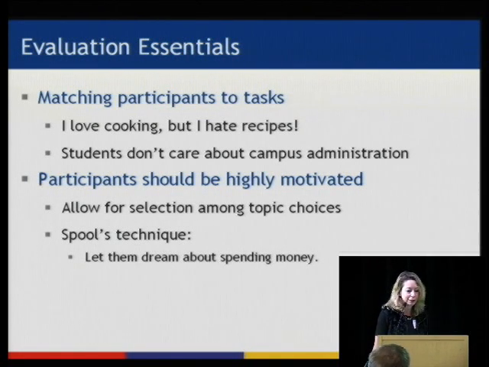Another technique that I like a lot is advocated by Jared Spool, who was testing out e-commerce websites, and he wanted to be sure that the participants were really motivated to complete the task well. And so what he would do is bring them in and tell them, okay, I'm going to give you $75 to buy something on this site. You can't have the money, you've got to buy something. And so think about what you want to buy on this site. So they think about it, and then he says, okay, go home, come back in a week, and we'll talk. So they come back a week